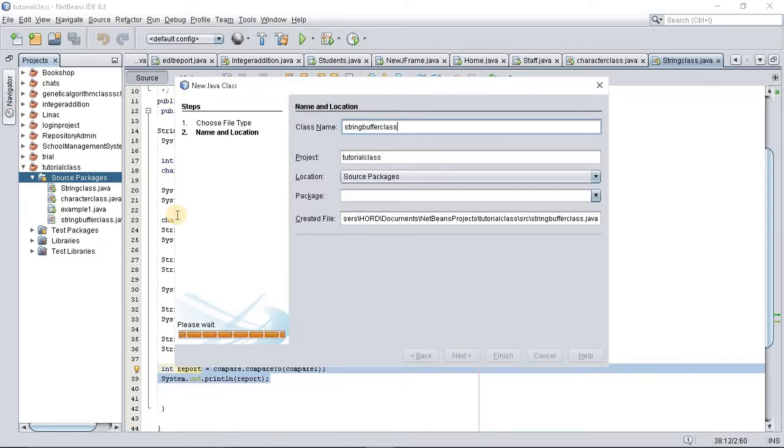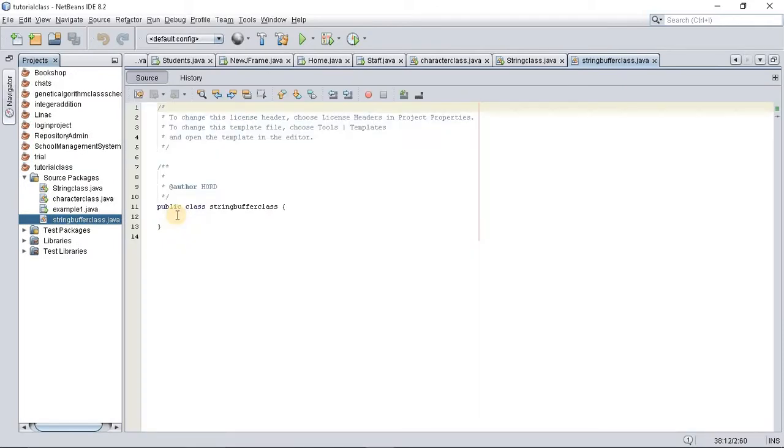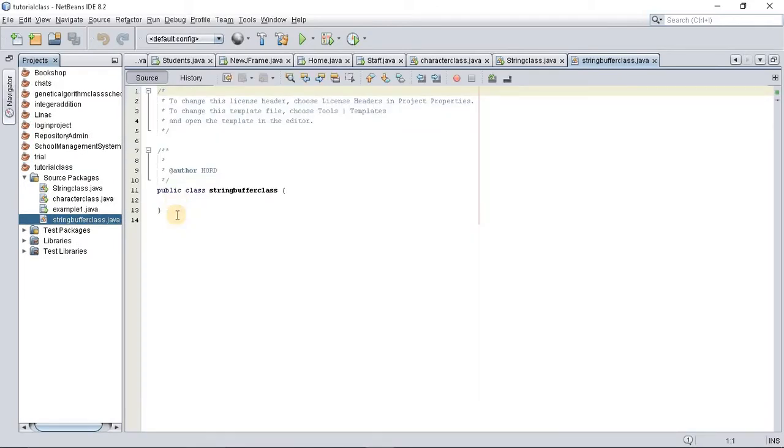So the string buffer is a part of regular Java string, but string buffers are used when we have to make necessary changes to strings. Instead of going to edit your string and doing this and that, we just use a string buffer class and we add necessary changes. So to make a string buffer, first of all,